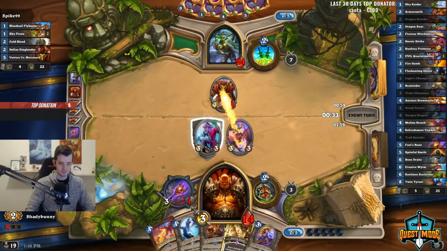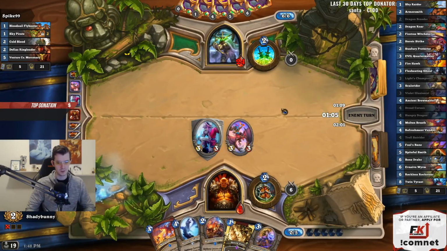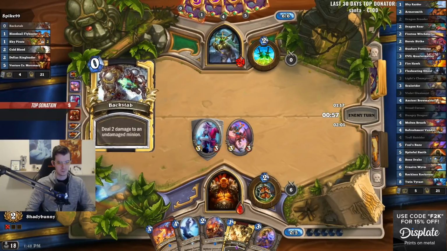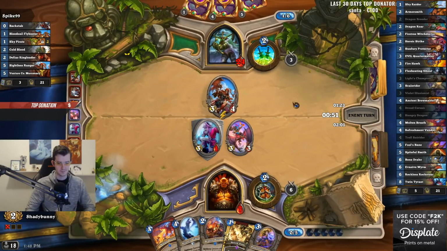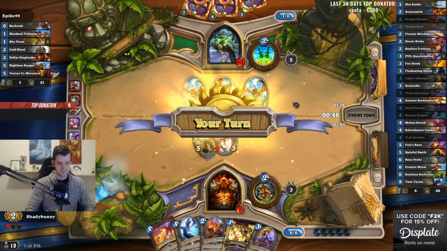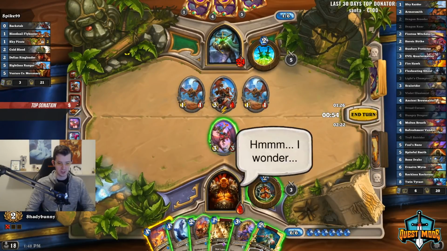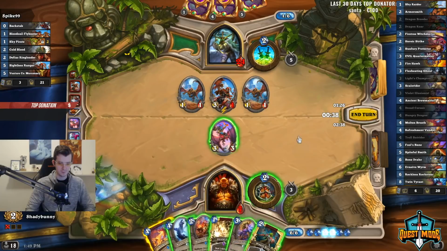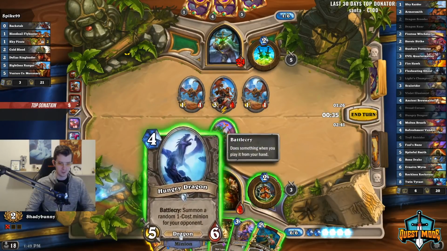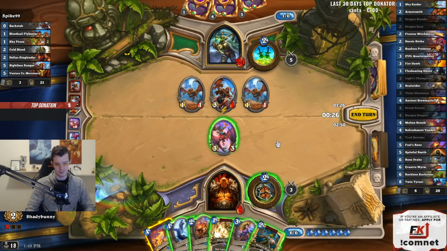It's a pretty good board. Makes nice use of the Dread Corsair. Molten Breath could be huge. So I would have gotten past the taunt. It's a bit of a sketchy part of the game here. I think it might be Molten Breath trade and put a 2-3 down. I'm a little bit afraid of jamming Hungry Dragon here. You could jam Hungry Dragon, Dragon Breeder trade, but then there's a lot of things that kill you. You could hero power, but...